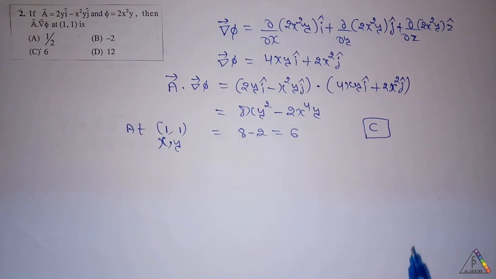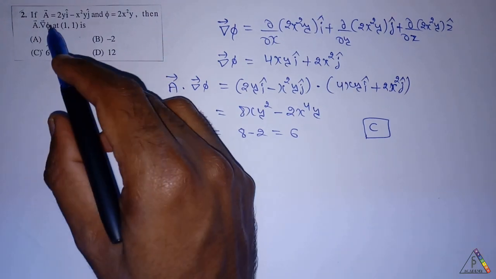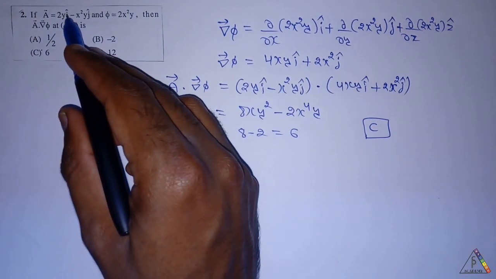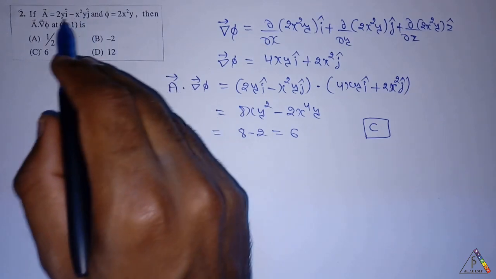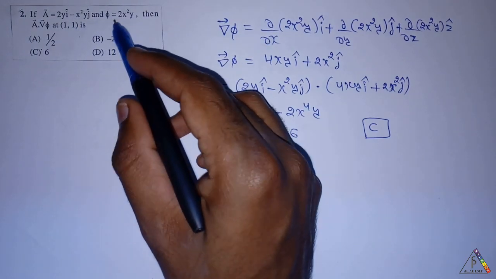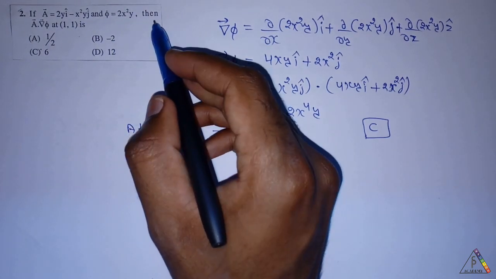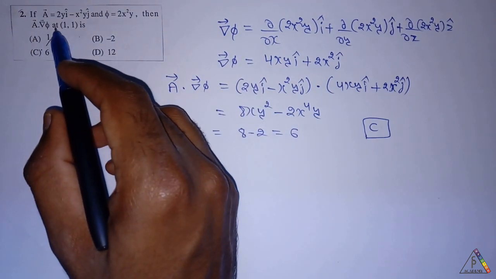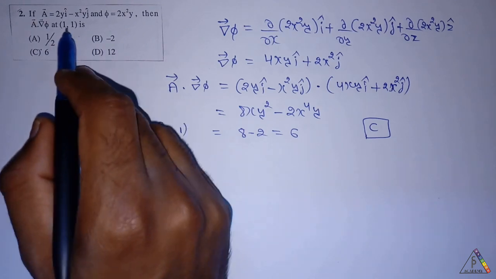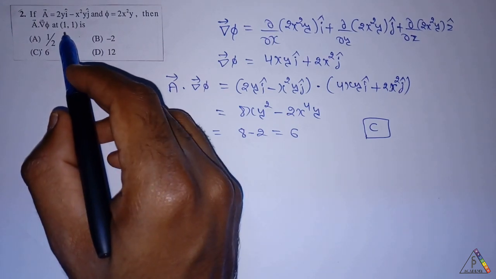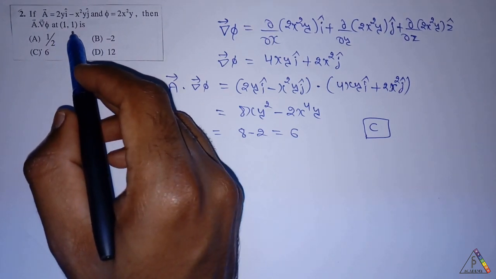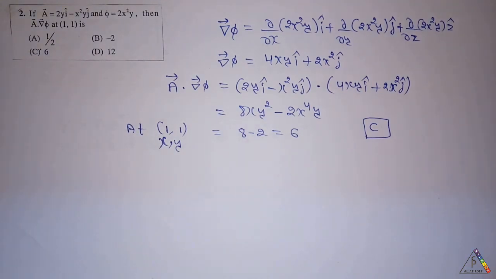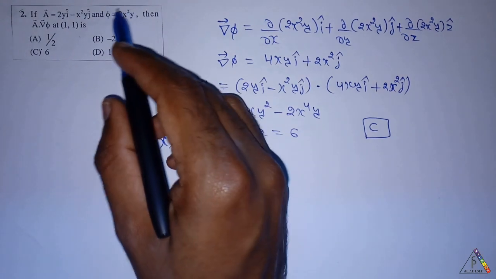Next question is: if A vector is equal to 2y i cap minus x square y j cap and the scalar phi is equal to 2x square y, then A vector dot gradient of phi at 1 comma 1 is, where 1 comma 1 are the x and y points. First we will take the gradient of this given scalar,